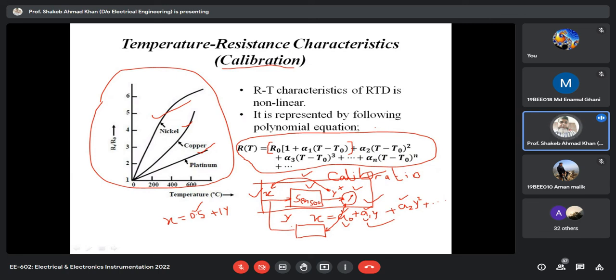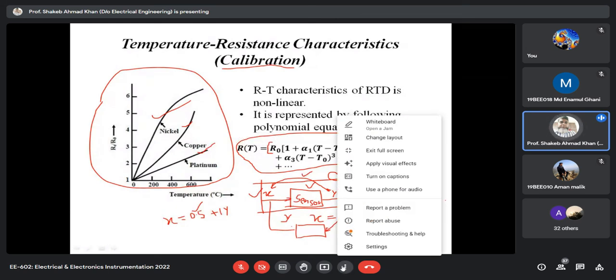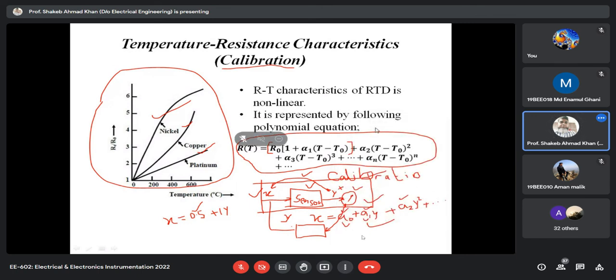So try to be sincere whenever I'm giving you the quiz later on. All of you should respond, and otherwise you will miss your assignment marks. So now respond to your roll call, and